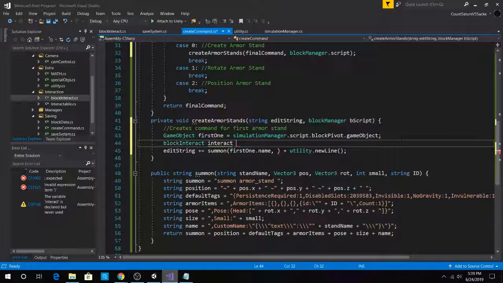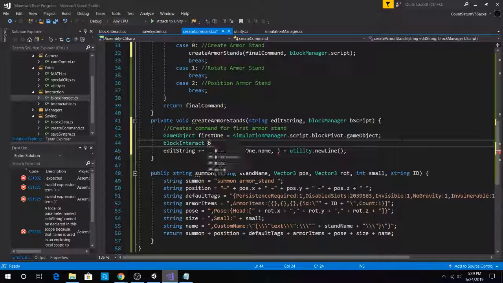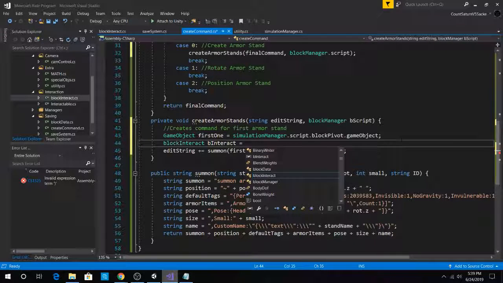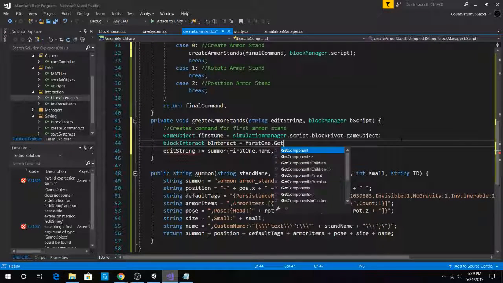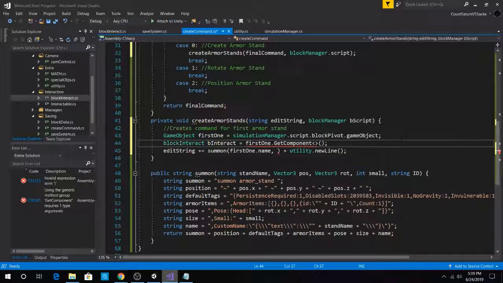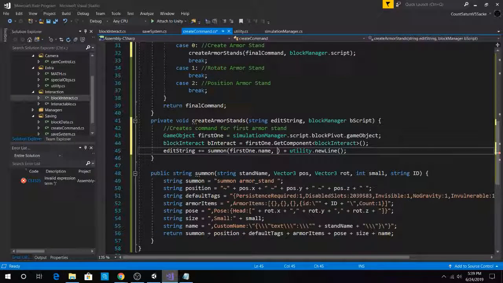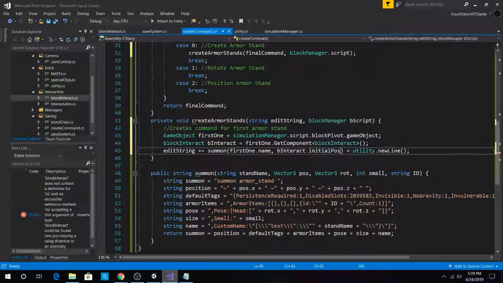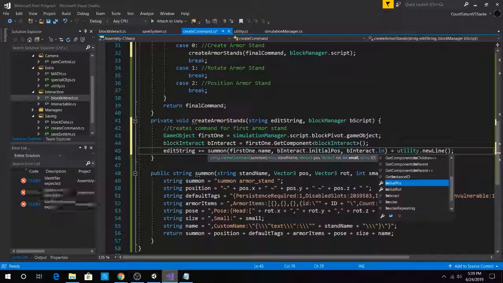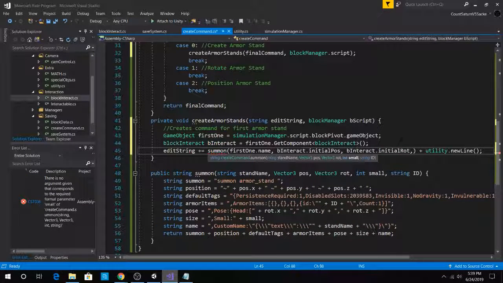Interact, and this one will be equal to firstOne.GetComponent, and this one will be BlockInteract. And with that, we pass in the interact.initialPosition. Then once again, we pass in the interact.initialRotation. Then small is